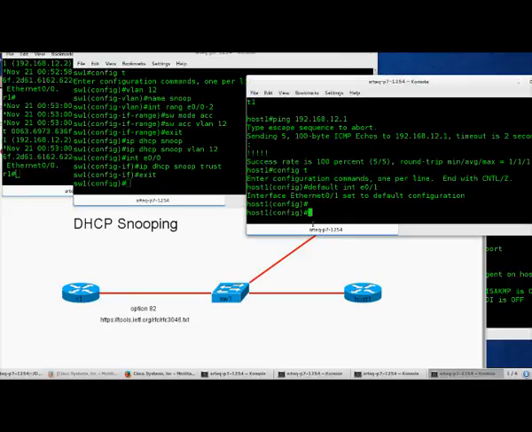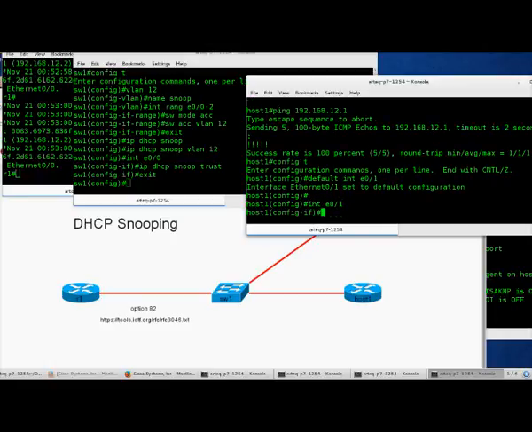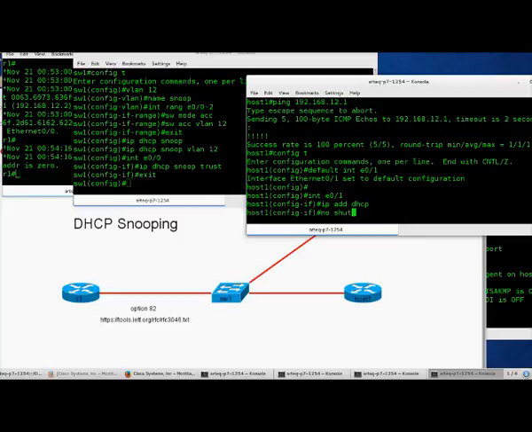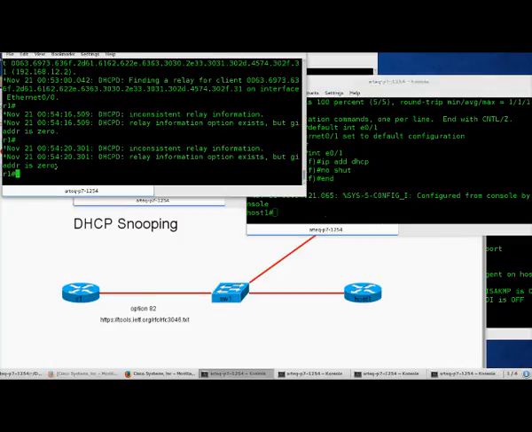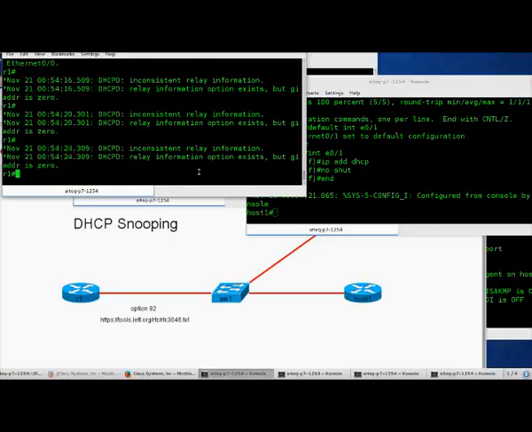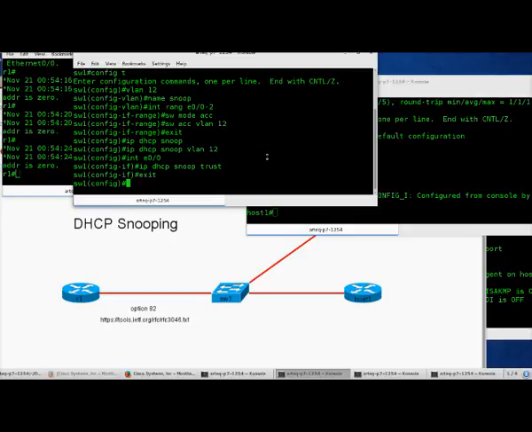We still have our debugs on. Interface E0/1, IP address DHCP. No shut, we defaulted it. And we should get errors over here because the relay information option exists, but the gateway address is 0, and that's the problem. But if we turn off the information option on switch 1,